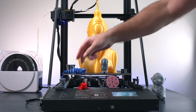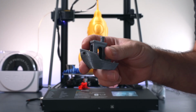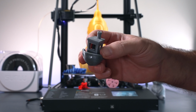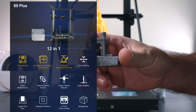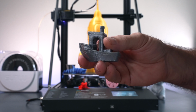So the next print I want to show you is this other benchy I printed. Now, the thing about this benchy is that it was printed at 250 millimeters a second. And the reason I decided to try this out, because on one of their promotion pages, I saw that they mentioned something about high-speed printing up to 250 millimeters a second. And I was just like, I don't know how that's going to turn out, but here we have a benchy